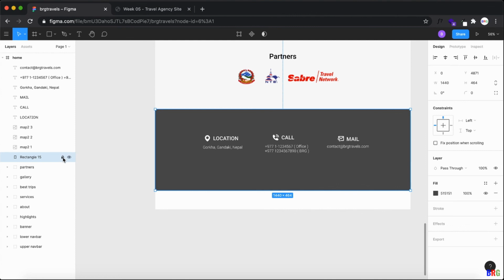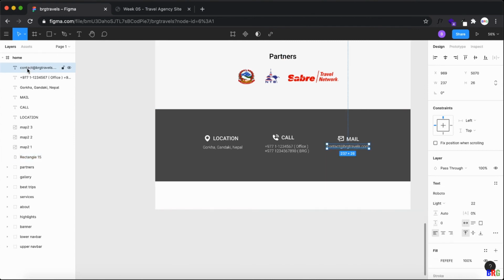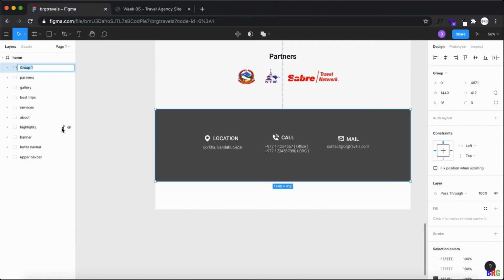Let me unlock this, resize the rectangle, and then group it together, Control G, and then location.